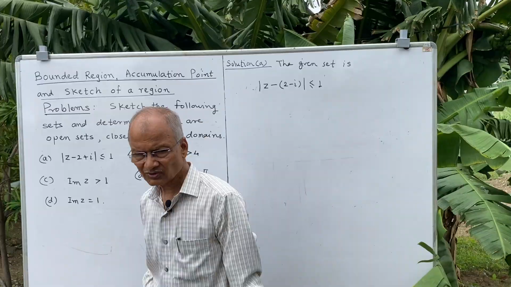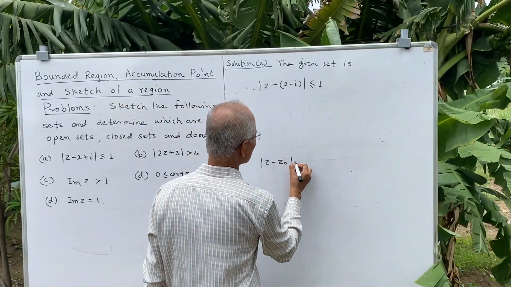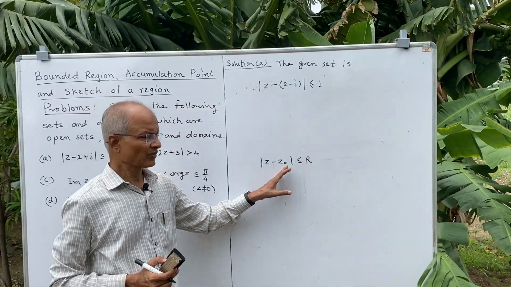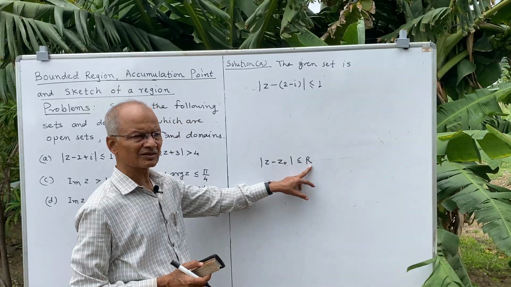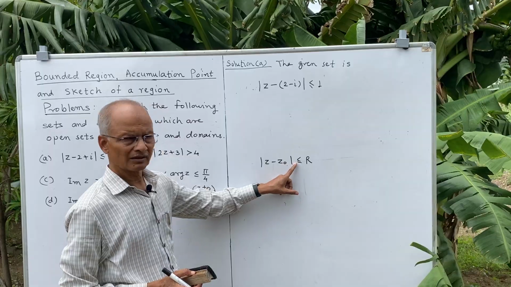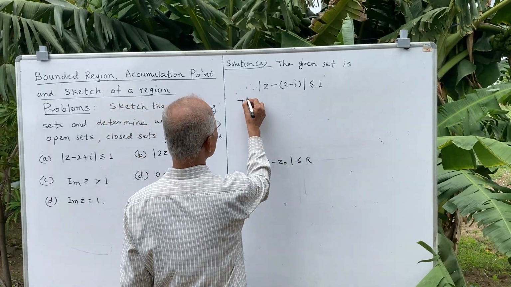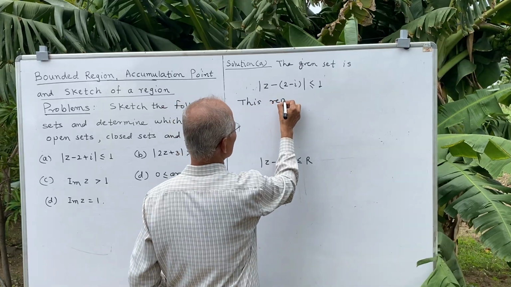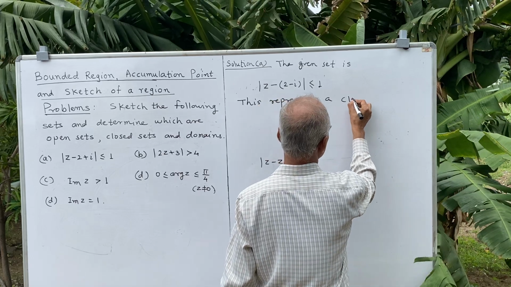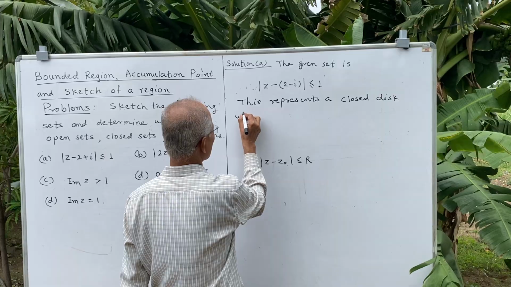So therefore, now this will represent, this is of the type |z - z0| ≤ r, and it represents a disk with center at z0 and radius r. That may be closed or open, it depends on this inequality. If it is less than or equal to, then the disk will be closed. So this represents a closed disk with center